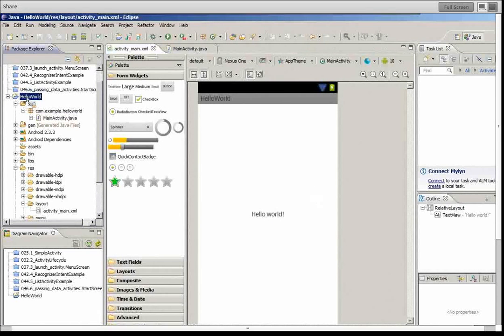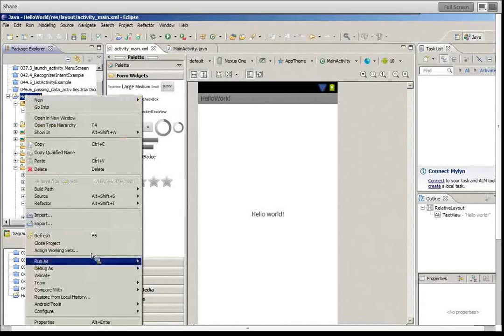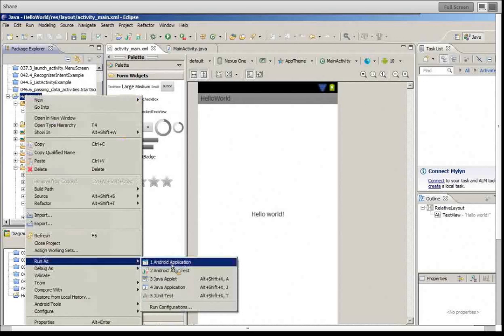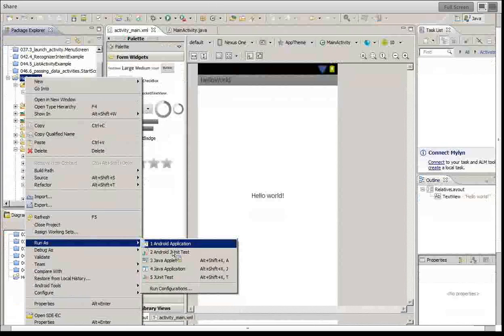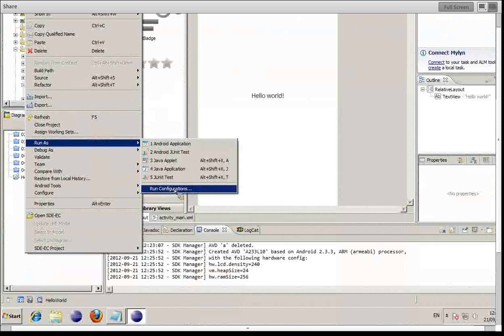So the next thing to do is to run our application. So right click on the top root folder of Hello World, right click and come down here as Run As, and we'll select Android application. It might come up with Run Configurations instead on its own, and if you do that, just select the particular Android emulator. But that's okay. We're going to just select Android application,